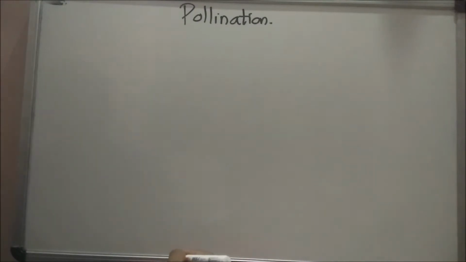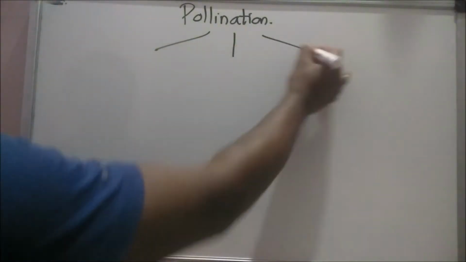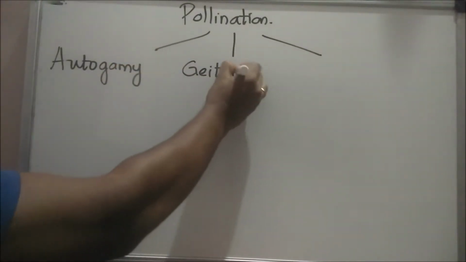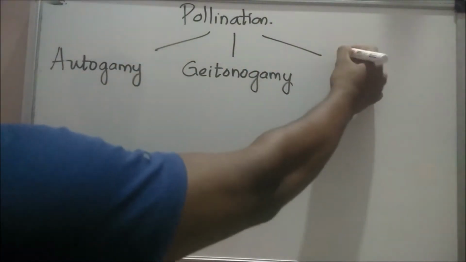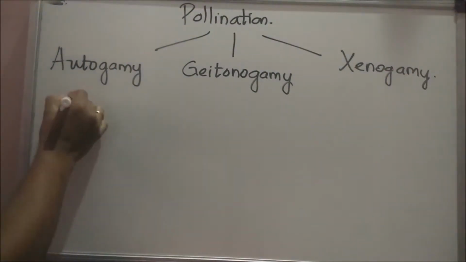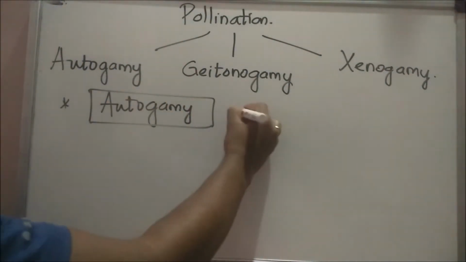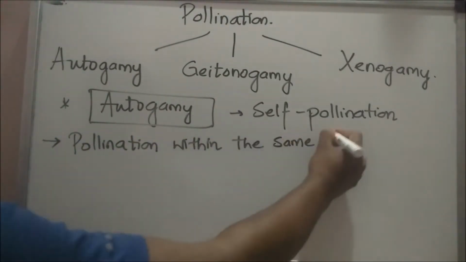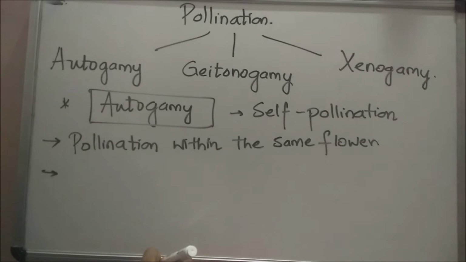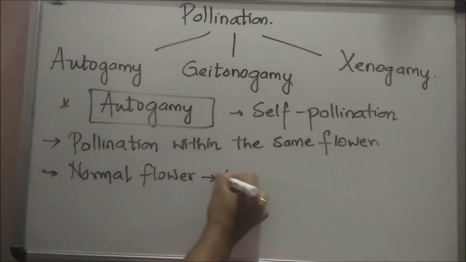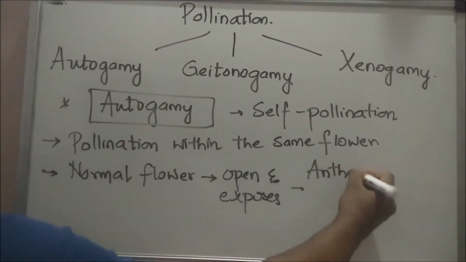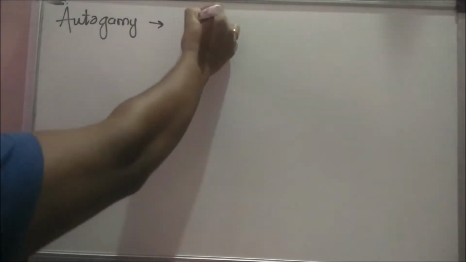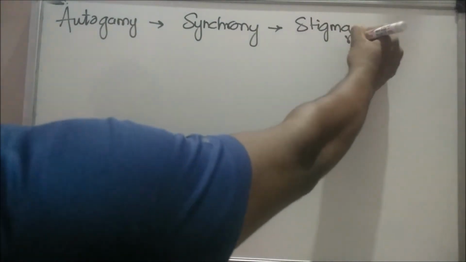Transfer of pollen grain to the stigma of a pistil is called pollination. There are 3 kinds of pollination: autogamy, geitonogamy, and xenogamy. Autogamy is otherwise called self-pollination, pollination achieved within the same flower. In a normal flower, which opens and exposes the anthers and stigma, complete autogamy is very rare. Autogamy in such flowers requires synchrony and stigma receptivity, and the anther and stigma should lie close to